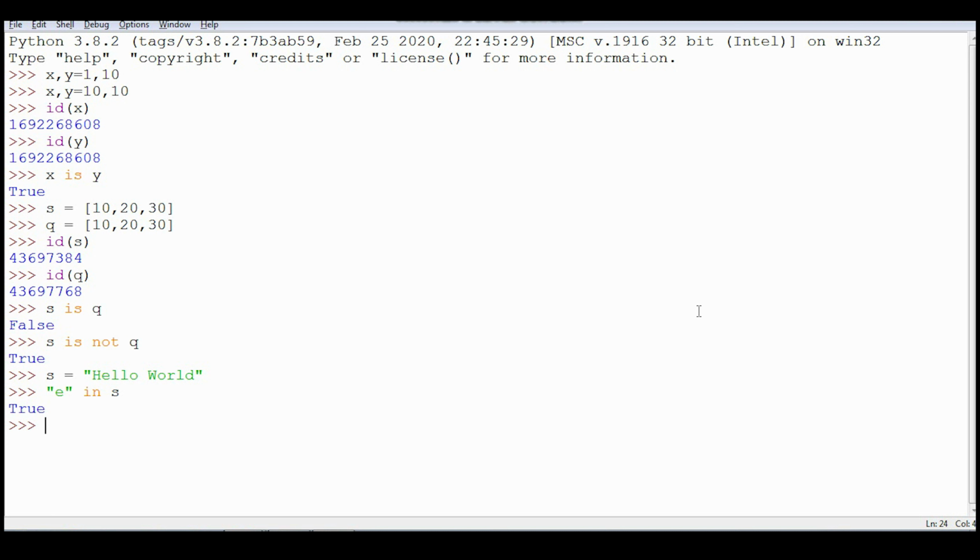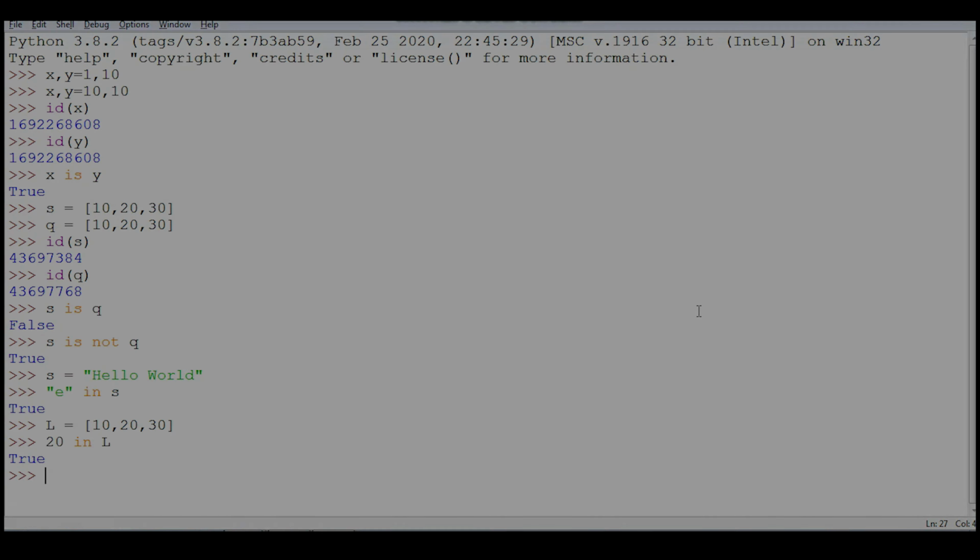As e is present, it is returning true. Same is applicable for any other iterable object. Like I am creating a list L equal to 10, 20, 30, and I'm writing 20 in L. So as 20 is present in L, it returns true. Same you can try with not in.